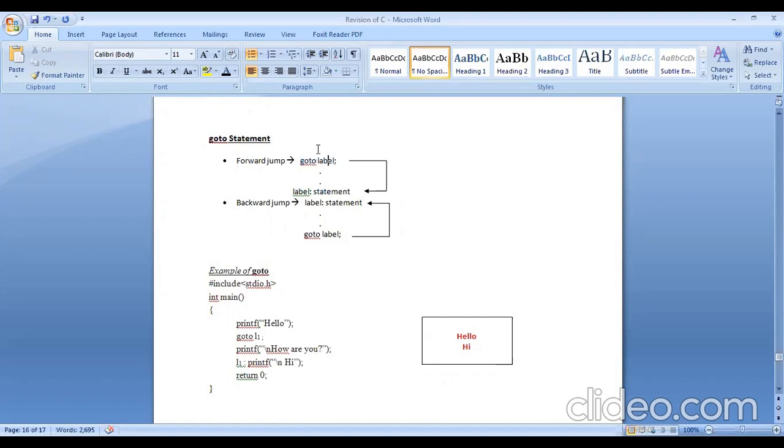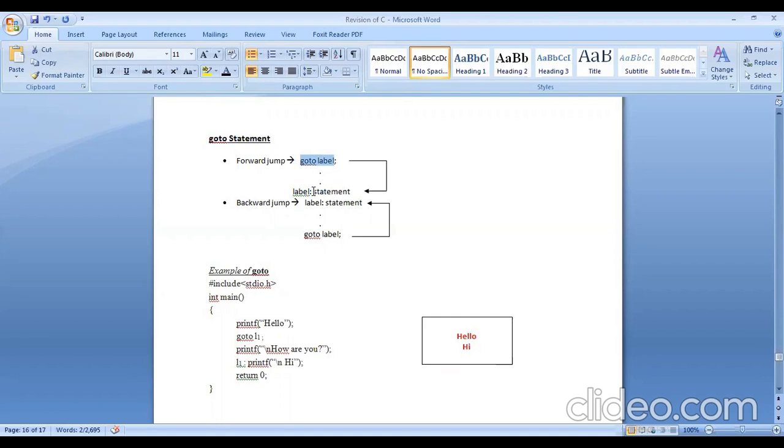So you go to label. Label is that part of the program. In your program, you must mark a block of statements as a label. So whenever this particular statement is executed, your control will directly go to that part.